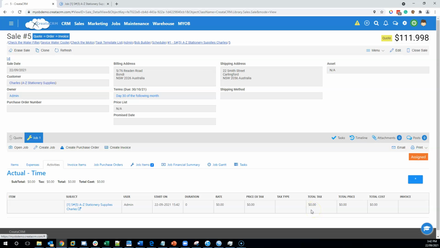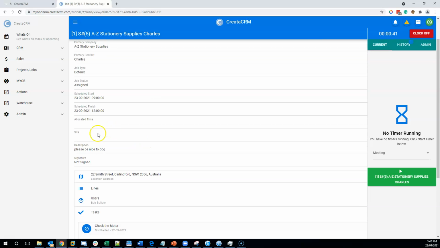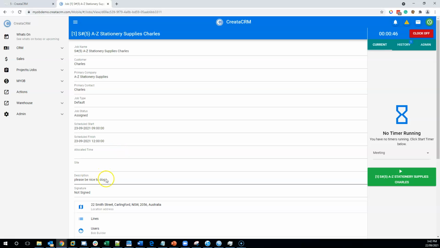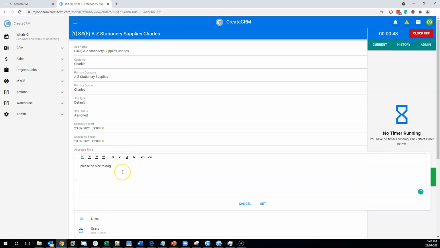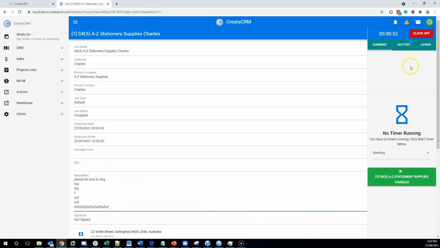So the guys can time clock it if they need to. You don't need to do any of the other stuff. You can just do one problem at a time. And Bob the Builder is just going to, I'll get rid of that, and he can make notes in here. Where is the note section there? It's description. He can enter more notes about that and make notes for the person to help with that,